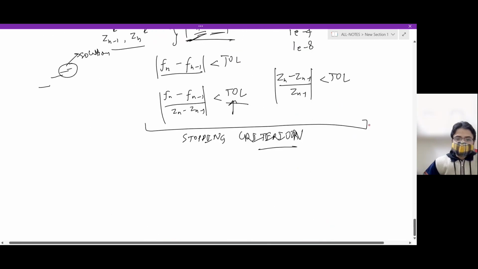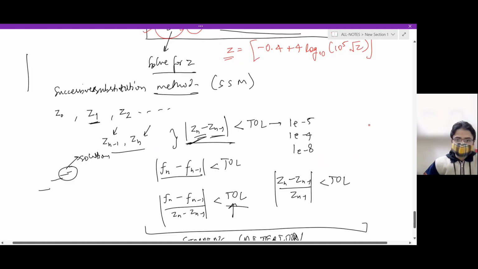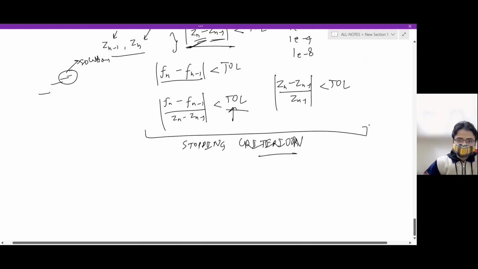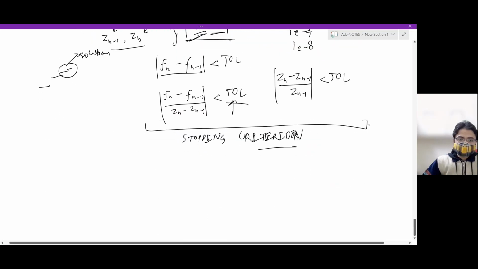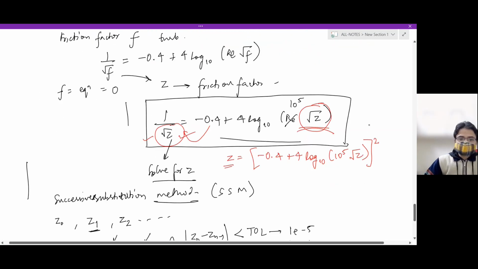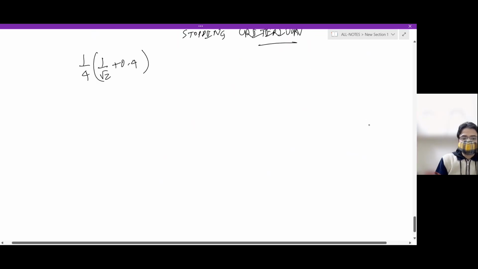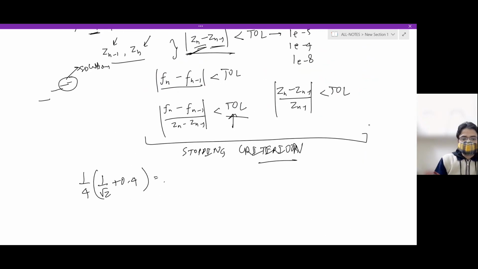So of course, since this part is already covered, what we'll be doing is we'll take the other approach. So I think that will show the difference clearly. And we'll be taking the other approach as, let us consider this part as 1 by root z, take the 0.4 right there, divided by 4 both sides, and this gives you